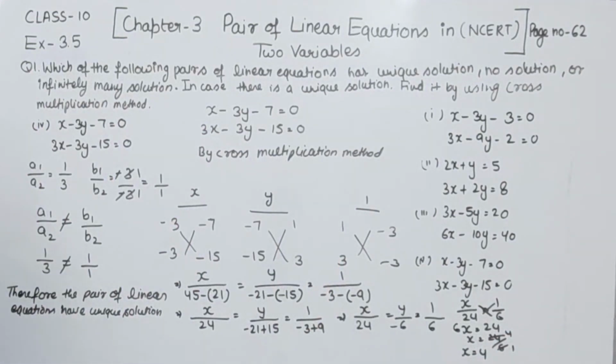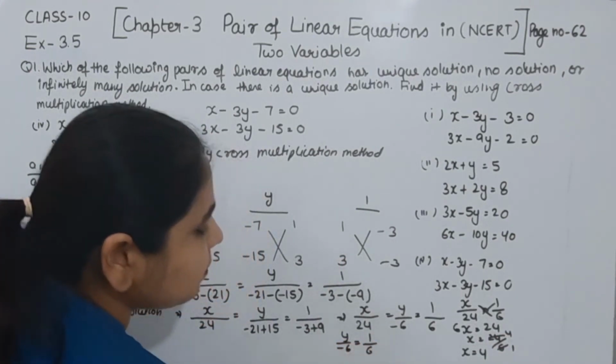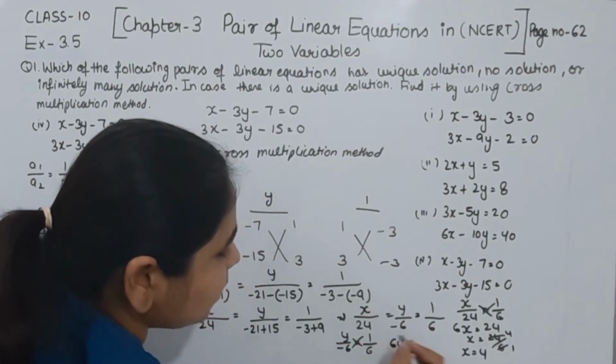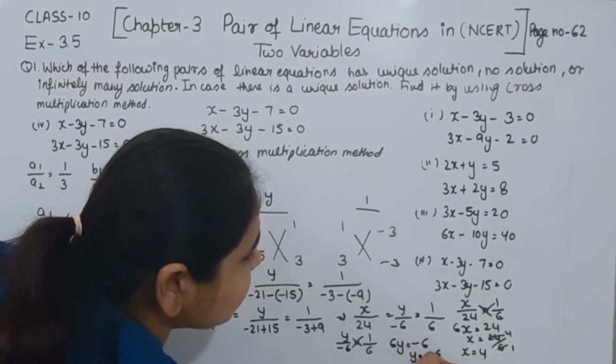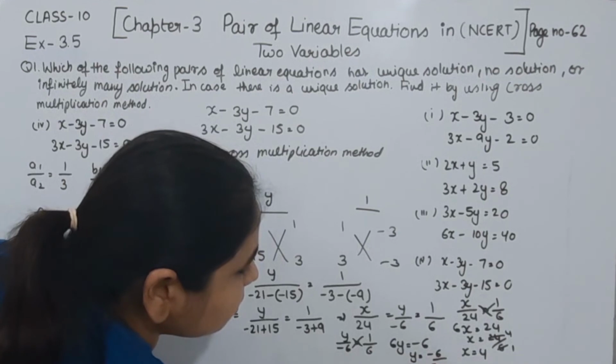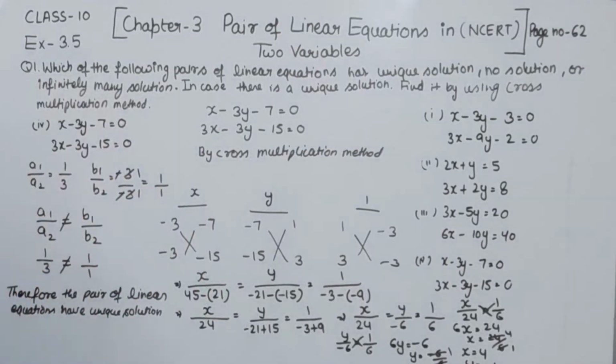Now you have to find the value of y here. So I'm going to write here y by minus 6 and the constant term 1 by 6. Now we cross multiply. Here we have 6y is equal to minus 6. y is equal to minus 6 by 6. 6 1s are 6. So the value of y is equal to minus 1 and the value of x is equal to 4. With this we have completed question number 1. In the next video we are going to start with question number